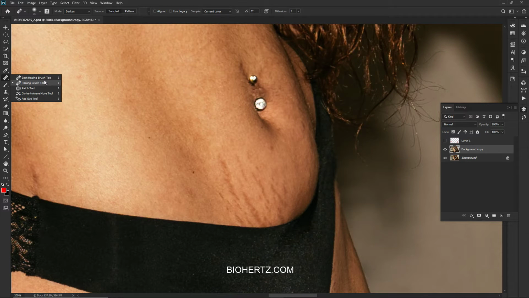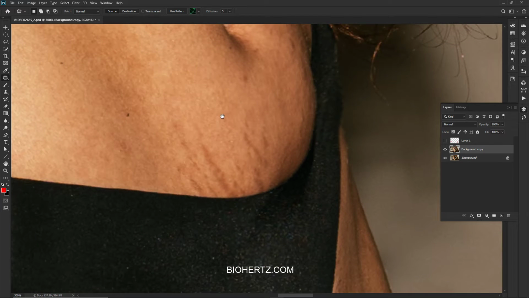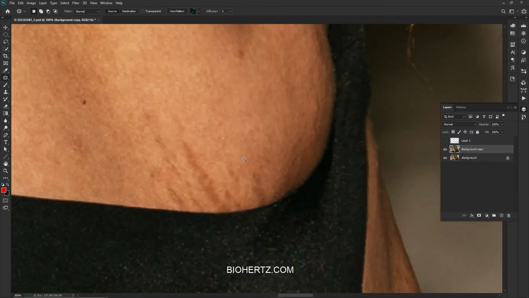I'm going to go back to my patch tool, come in and just grab these little stretchies. We're probably going to get rid of those in the final. I know that it's not 100% realistic, but I'm not worried about that. I'm not necessarily trying to be 100% realistic. I'm just trying to create an image here. It's kind of a fantasy world